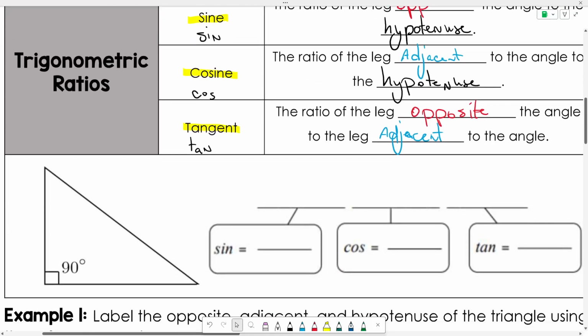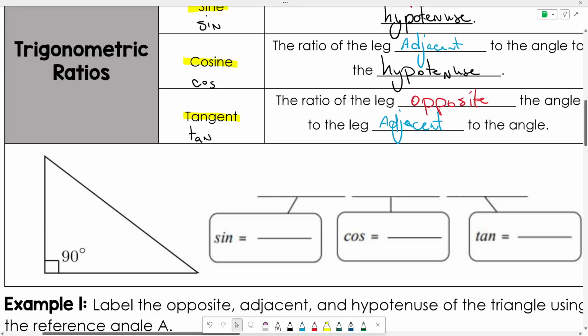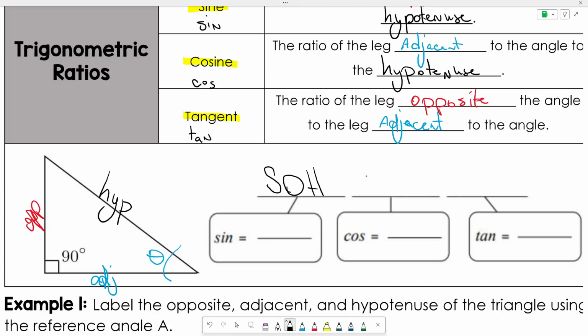So look at how these things go together here. Say my reference angle is right here, my theta. This would be my opposite, using OPP as the abbreviation. This would be my adjacent, ADJ for adjacent. And this one up top here would be my hypotenuse. I'm going to use HYP. To help me remember these things, I'm going to refer to these as Sohcahtoa,